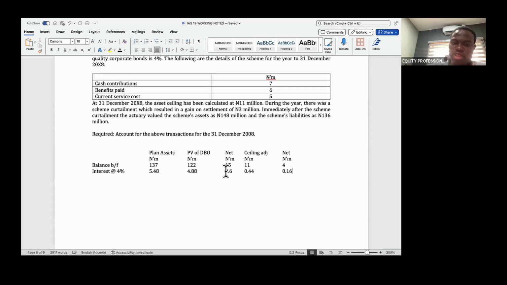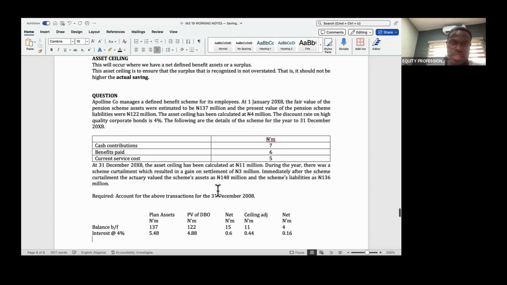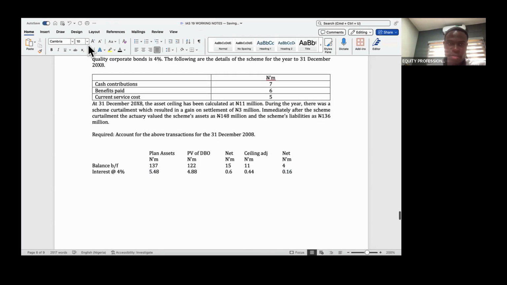The one I've been doing so far, I will just take this net to P&L. And since the asset is higher, I will call it a net interest income, positive in P&L. But because of this asset ceiling, that reduces the value of the asset to 4. So what will go to my P&L is actually this 0.16. Is this 0.16 that goes to my P&L? Okay, that being settled, then